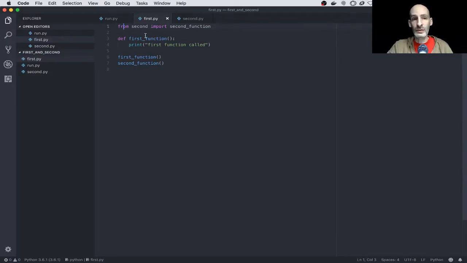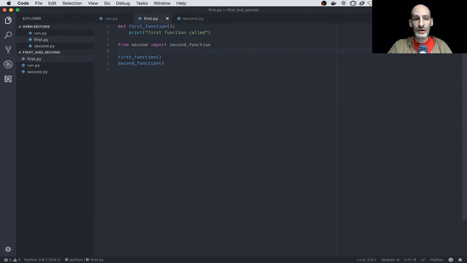In this case, it will be first.py, and move the import that grabs stuff from the other module below all the symbols that the second module wants. So we know that second.py needs to import first function. So if we move this import below first function,